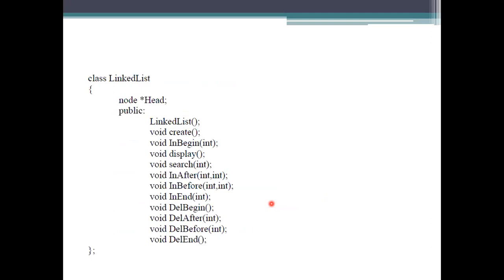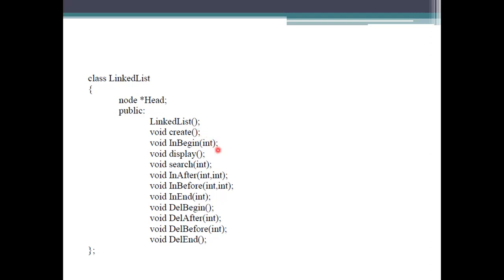So these are the linked list operations, creation and inserting nodes, which have multiple behaviors here. See here, creation means creating the first list here.